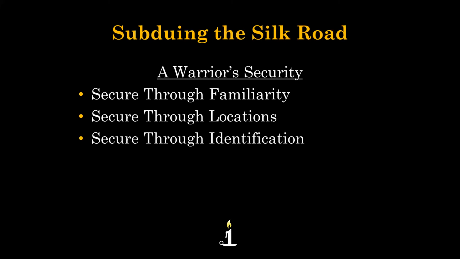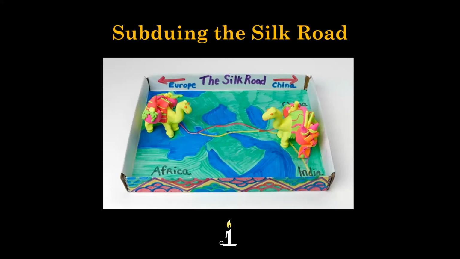Lastly, though, you don't want to just secure what's familiar and use locations. You want to use identification. Now, on the Silk Road, there were many types of people. So the Mongol soldiers used very simple ways to identify. They used pieces of cloth, stone, with imprinted images to display which traders were of the highest rank. As you can see in this little picture, it's very clear who's who. You've got traders who are going to China, and you've got traders who are going to Europe. That's very simple. Unfortunately, in the real world, it's never quite this clear.